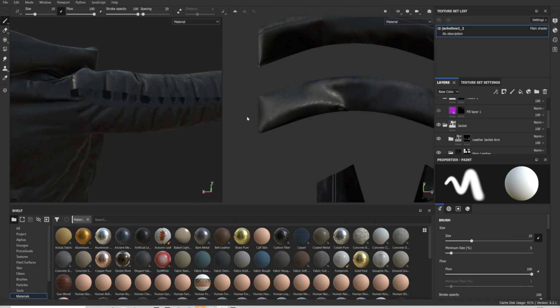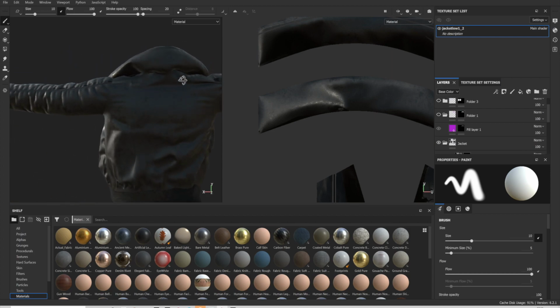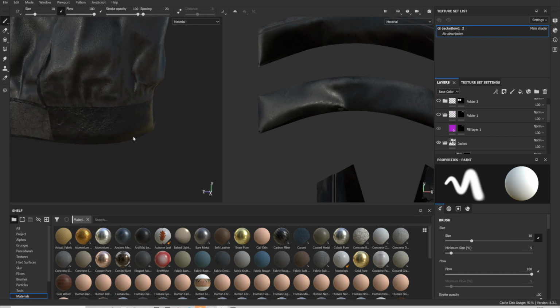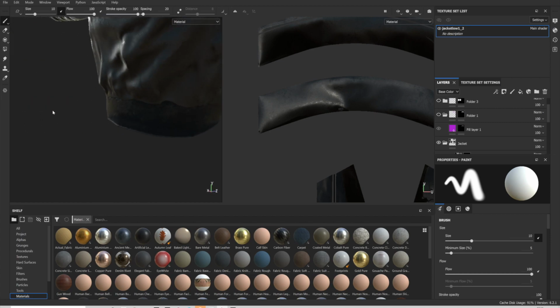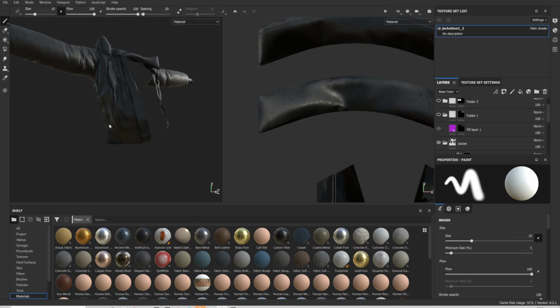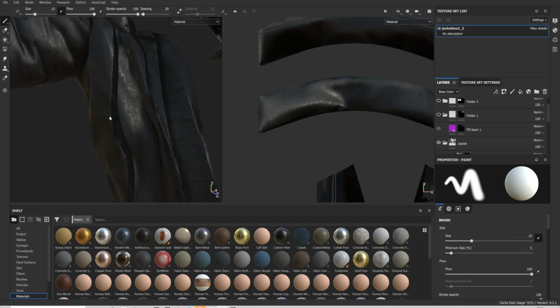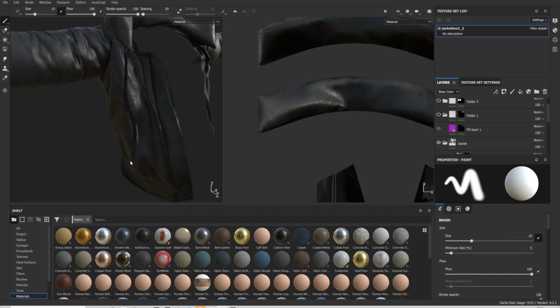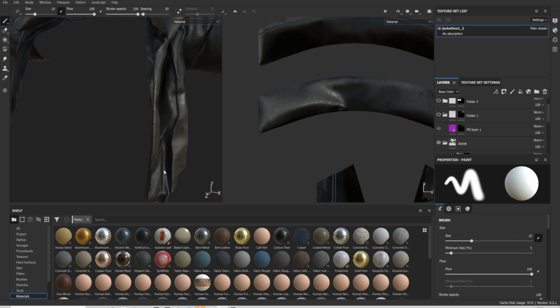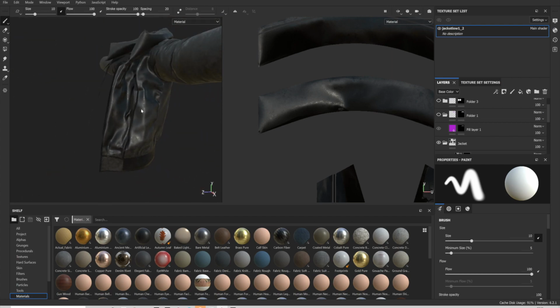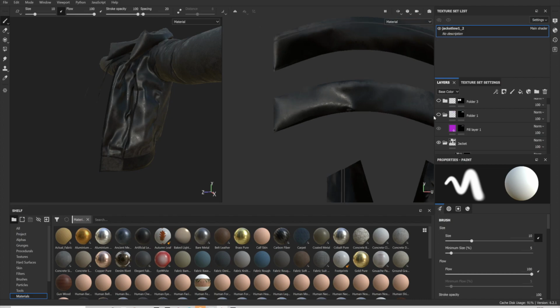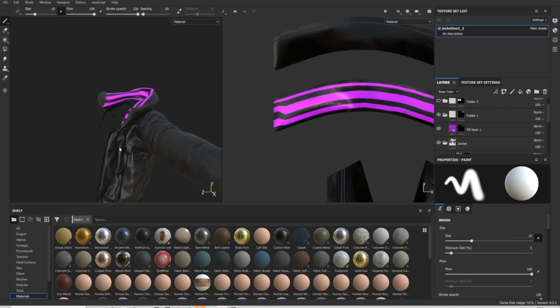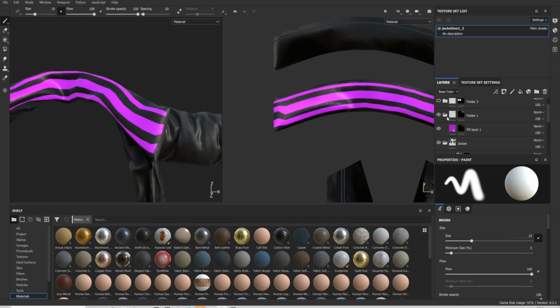This looked a little bit weird. I think it was because that bit's a different texture to this bit, so it's got different areas in which textures are different for variety. I've got a black material right here, another black material right here. So there's variety in the leather. Then I got an emissive right here. I noticed that when I